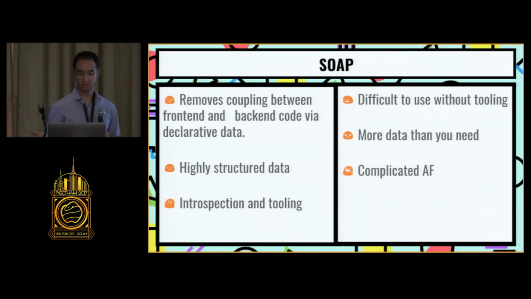SOAP had some good things going for it, despite its sort of unbearable verbosity. It started to move away from procedural APIs and towards a more declarative data model. The contracts ensured predictable results. Client-server contracts are a good thing. And it had the ability to auto-generate documentation and integrate with some IDEs. The big revelation of SOAP, though, was that it was more resource-oriented. It sort of started to move in that direction, and it had guaranteed client-server contracts.